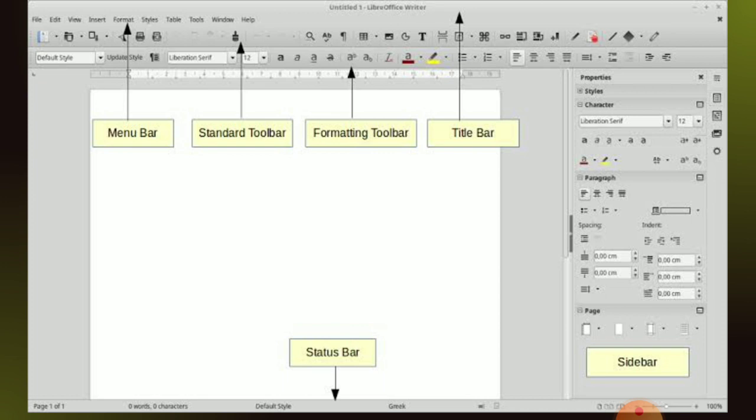Okay, on the right you can see the sidebar. So the sidebar also has some options to make changes in your document. Just like you can format, you can indent, you can deal with styles, characters. So these are the properties of text you can change from here. Margin, how much it will be, page properties, you can change.